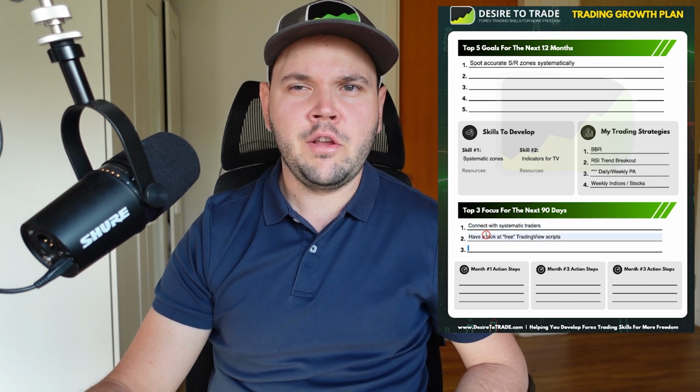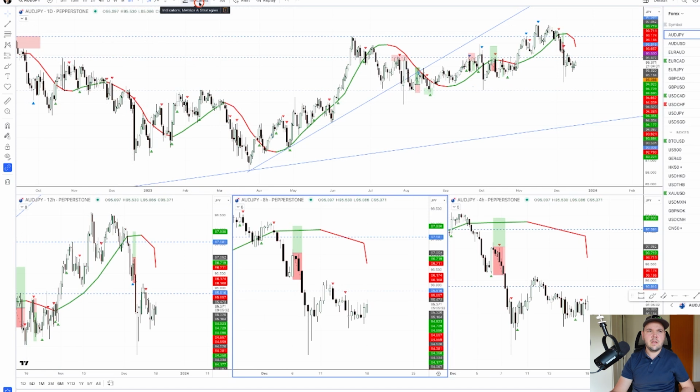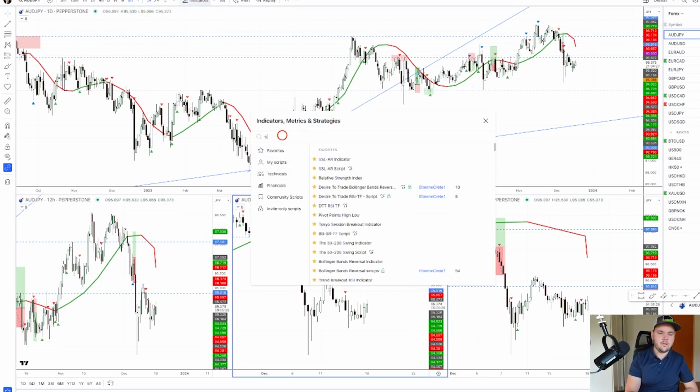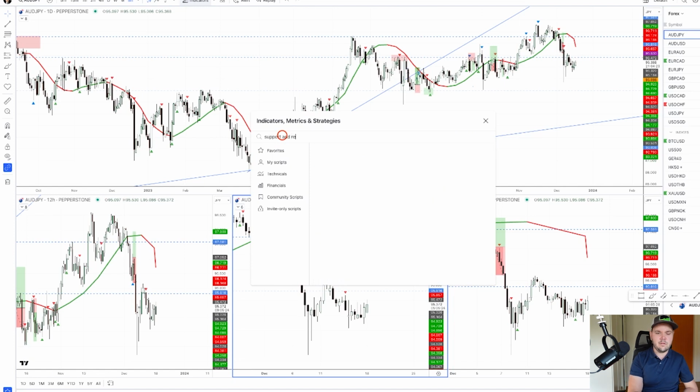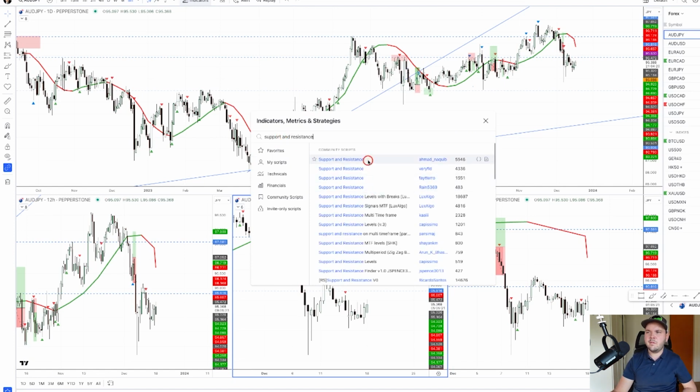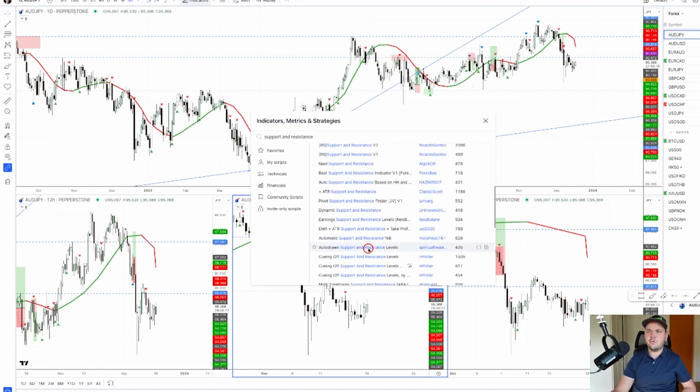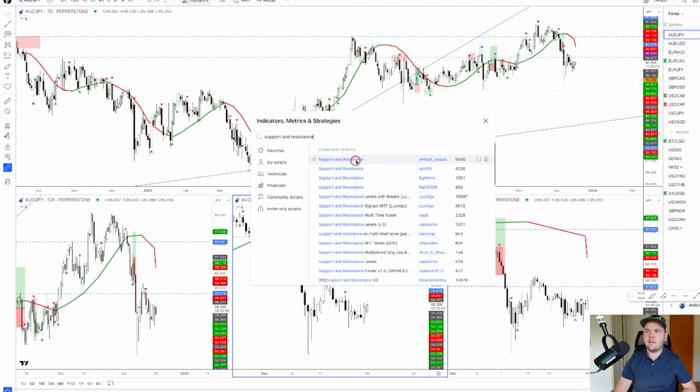I want to have a look at the free TradingView scripts. So remember on TradingView, you can always search the indicator box, clicking over here. Then you can search for any kind of script. So if I search support and resistance, I'm going to find a ton here. I want to go through them, see what they are like, see what the code is like too for these scripts. Trying to understand how they do things, if I can take anything away from it that would work well with the way I trade. So this is pretty cool to have here. I'm going to go through these and look at how I can improve and see different ideas I could have.